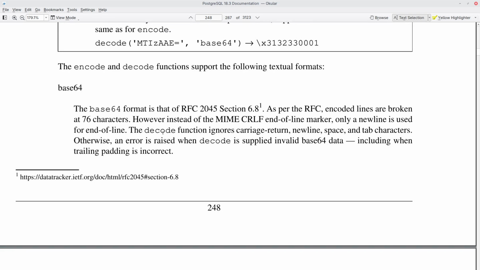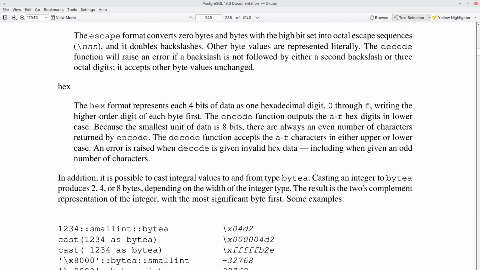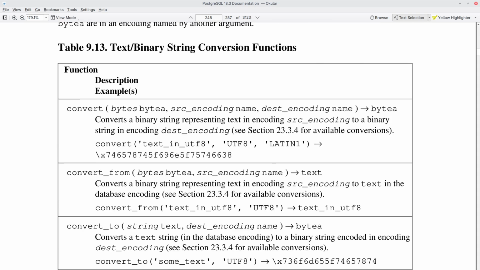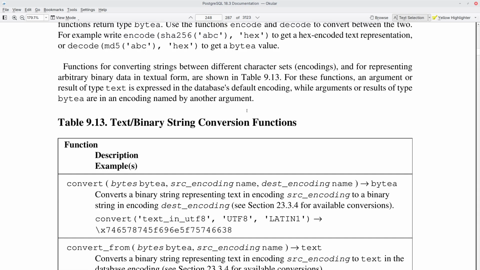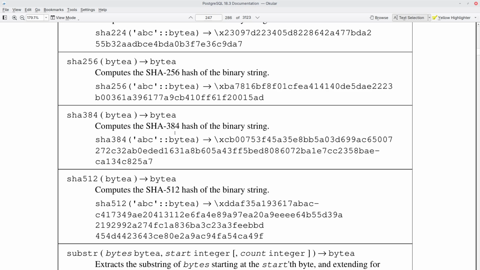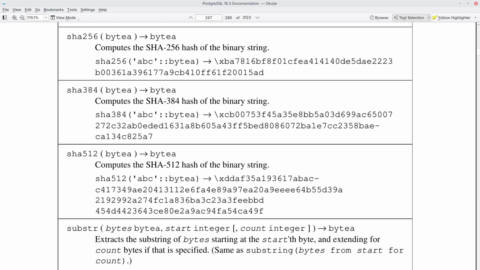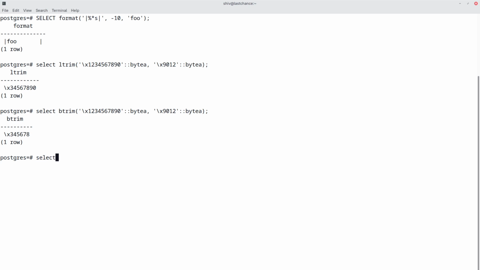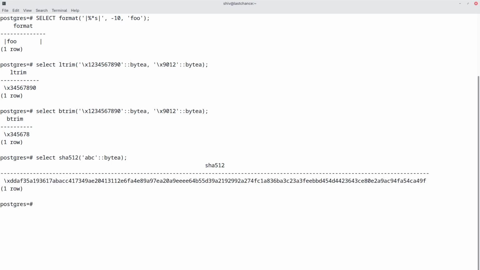So I think we can cover this, but let's do this in the next video. So in the next video, we'll start with table 9.13. So I hope that you are enjoying this read through, and there is not much to exemplify because the functions are quite simple and the examples are given. So for example, if you want this, you can simply paste it here and it will give you the